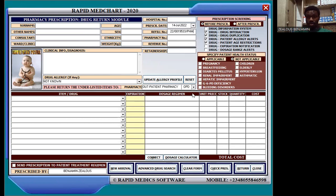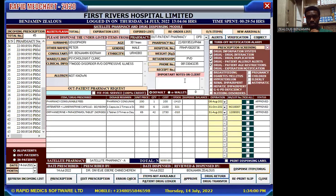Oh, I hope I'm connected to the network. So in this case, let's say this is a private patient that we want to work on and return the drug for. We'll take note of the pharmacy number here. 533 is the pharmacy number, 19533. You click on drug return,